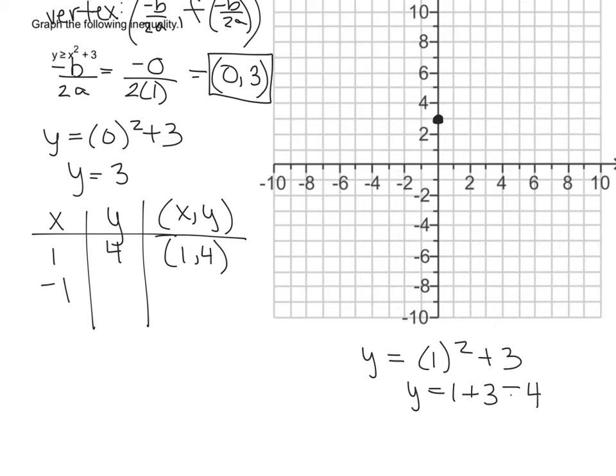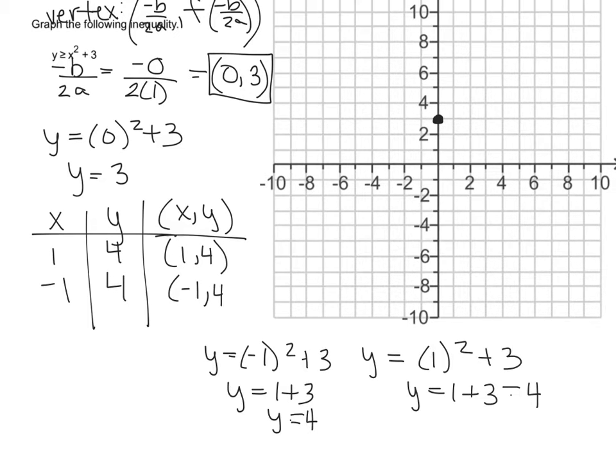And then I'll plug in a negative 1. And when I do that, I get y equals negative 1 squared plus 3, which is y equals 1 plus 3. And again, I get 4. So my second ordered pair is negative 1, 4. If we go back to our graph,